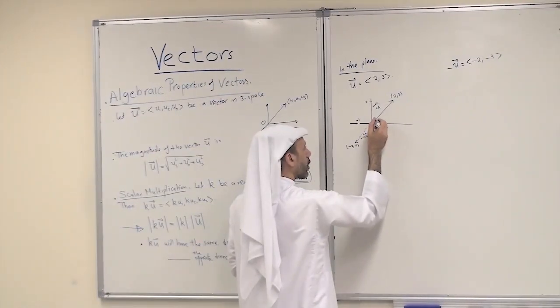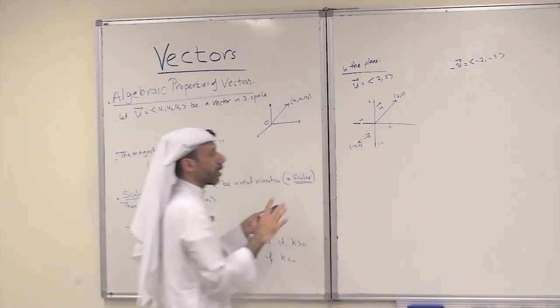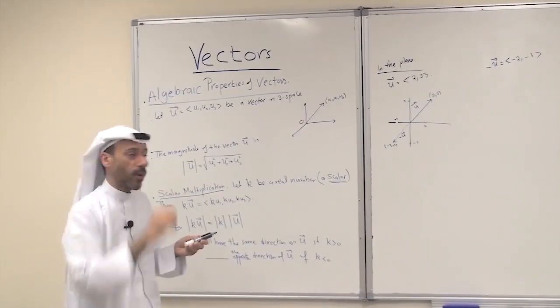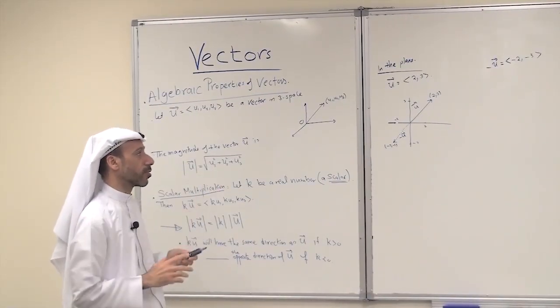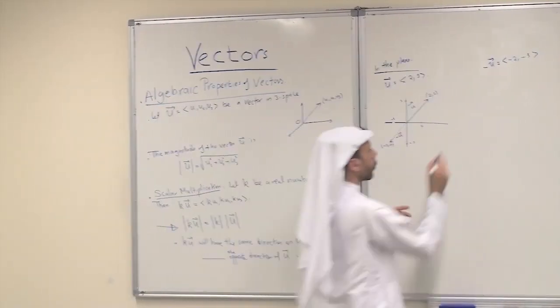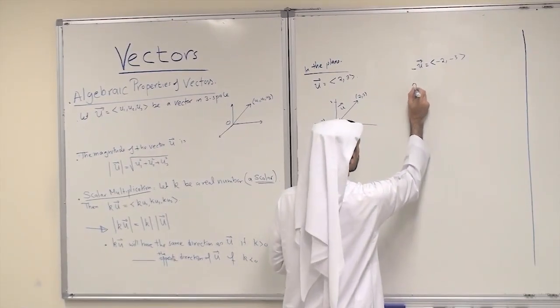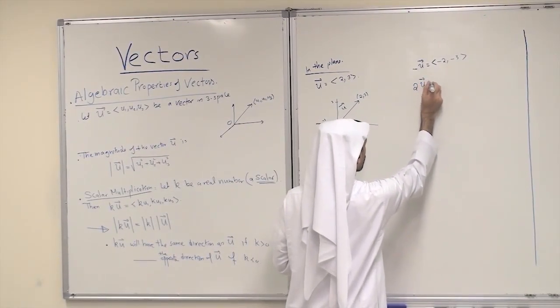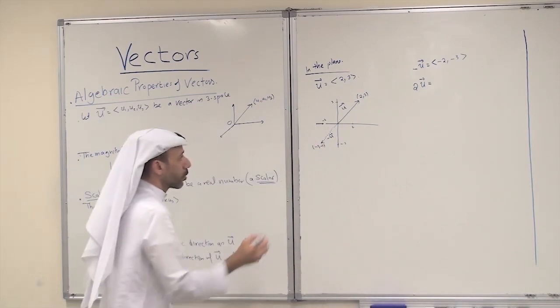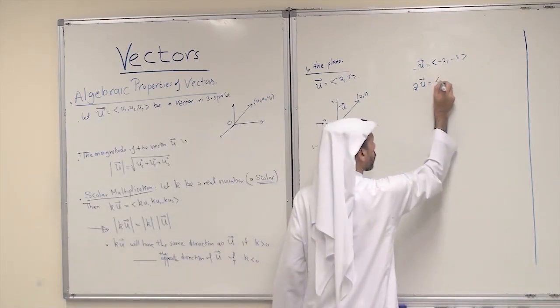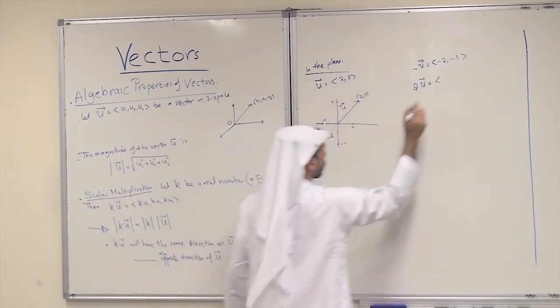And in fact the angle is just as if we are making a rotation of 180 degrees, which is the opposite. What about if we take, for example, 2U, to multiply the vector by 2? What will happen here? This becomes the vector. Multiply each component by 2, you get